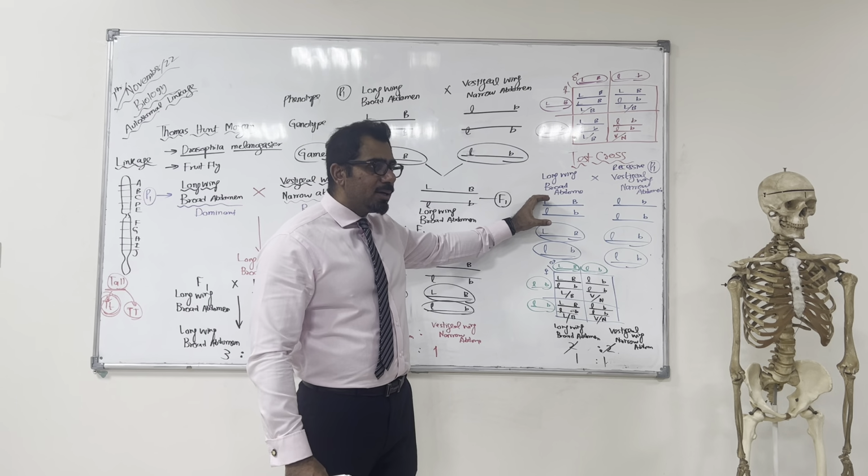But the thing is that this is a dihybrid cross, and it is showing the inheritance patterns of a monohybrid. So this is another proof. This 1:1 is another proof that the genes are linked together. They are present on the same chromosome. Understood? Let me repeat this. We have another step ahead of this, but let me start again from here and go back there so that we can continue.